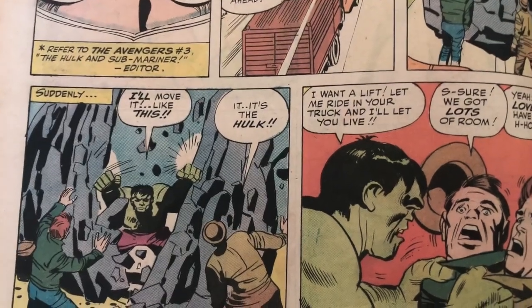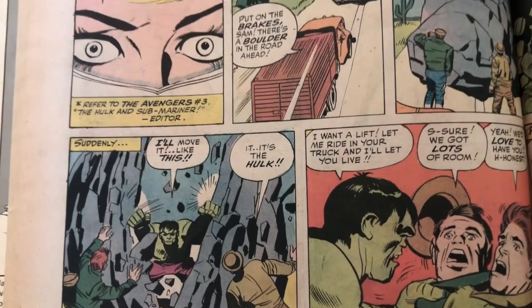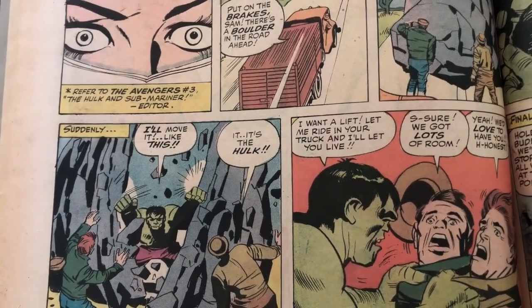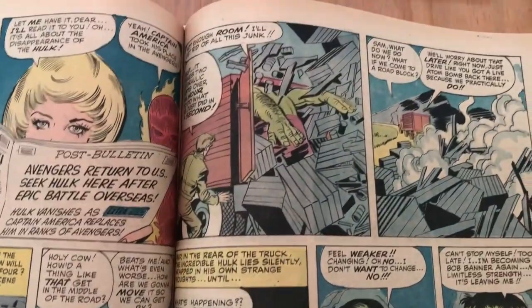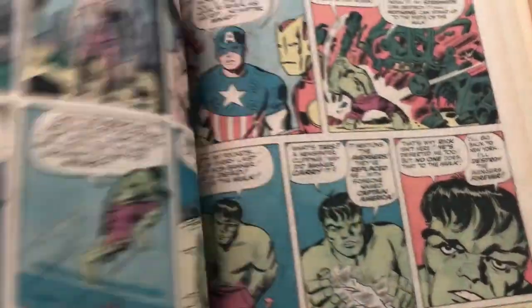And look, the Hulk's not speaking in third person. It's not "Hulk want lift." It's "I want a lift. Let me ride in your truck and I'll let you live." Now there should have been a comma, I think, right there. Anyways, Hulk clears out the truck, gets a free ride, and then while he's hiding out, here we got the